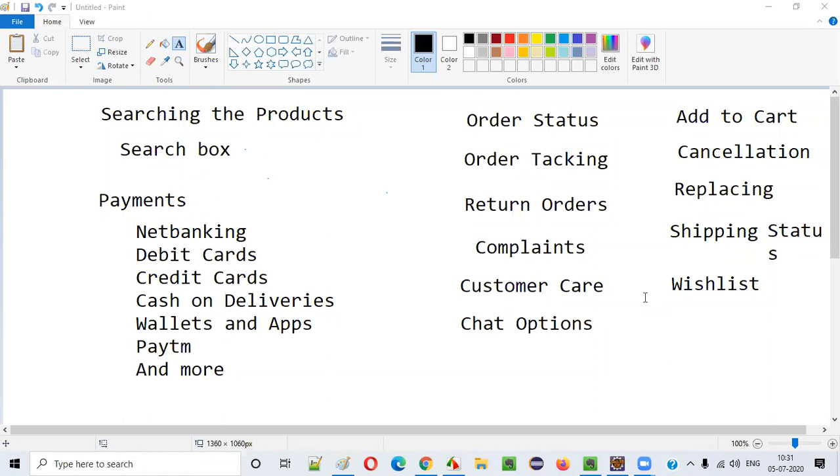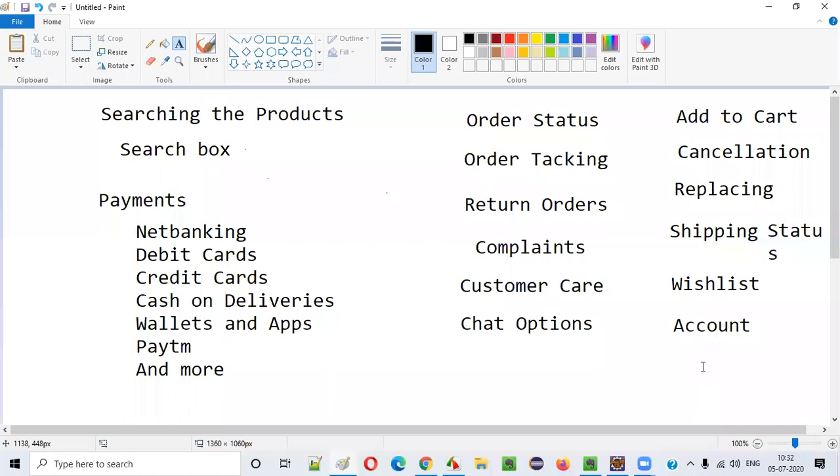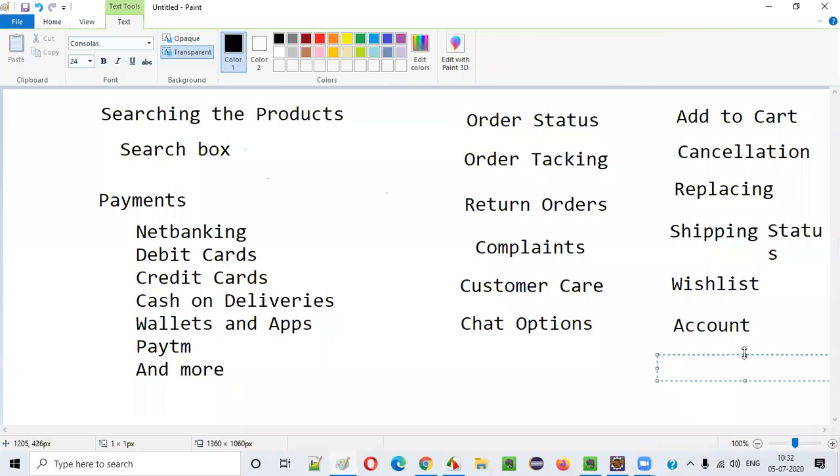Yes, address, account. Generally we need to have an account, right? Account details we have to provide, and with account details there are a lot of functionalities, like adding the address and the orders you have placed, all that stuff will be there. Yes, UPI, Amazon Pay, credits, coupon code. Yes, coupon code, offers. You see the list is endless, right? Coupon code, orders.